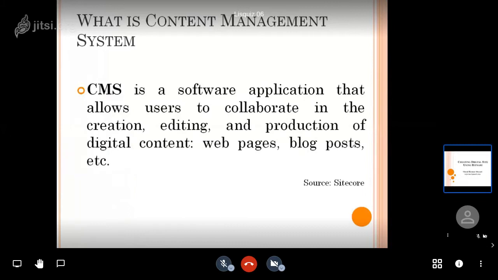What is content management? Drupal is a content management system. Other than Drupal, we have so many content management systems like Joomla and WordPress. Among these, WordPress has a major share of the sites created in the world. But why are we choosing Drupal? By the end of the session, you will understand the reason we chose Drupal CMS for